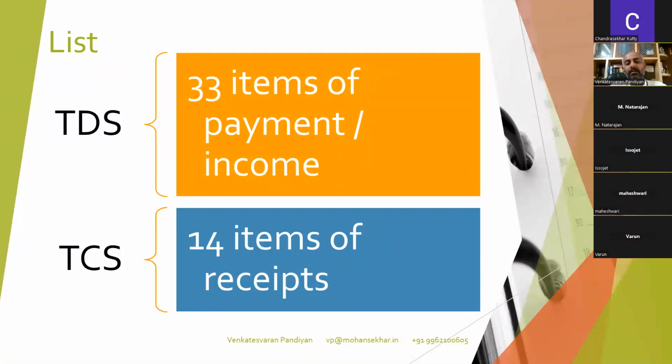So we will be discussing those items which are very common and very important in the overall business that happens. And when it comes to TCS, tax collection at source, there are 14 items of receipts on which TCS is collected. But again, we will just be discussing a couple of them. The reason behind it: TCS all started with agriculture products like tendu leaves and timber. I'm sure not many of us deal with them. So we'll stick to provisions like 206C(1H), which is the recent addition, and we'll also discuss what is more critical from the regular cycle of business.